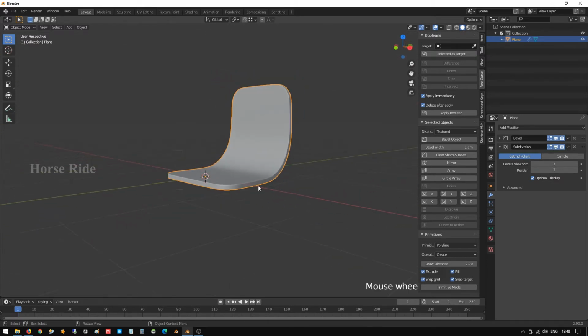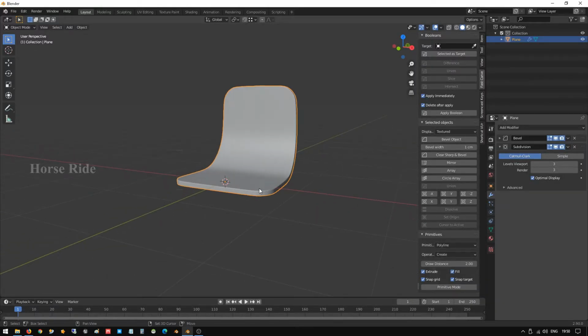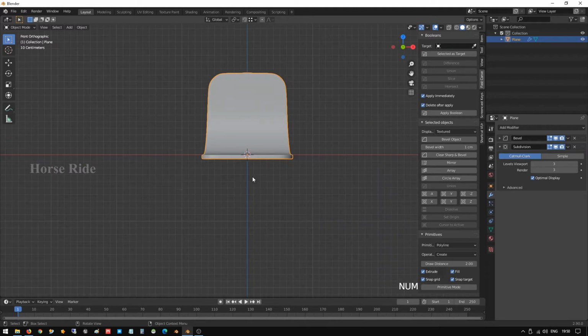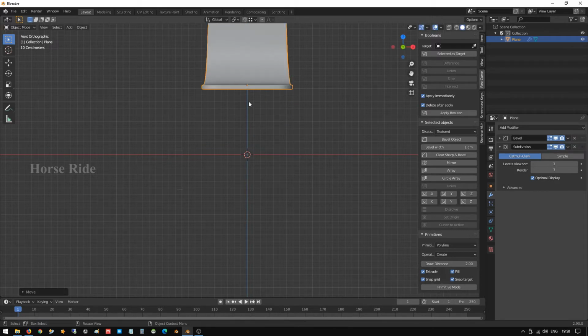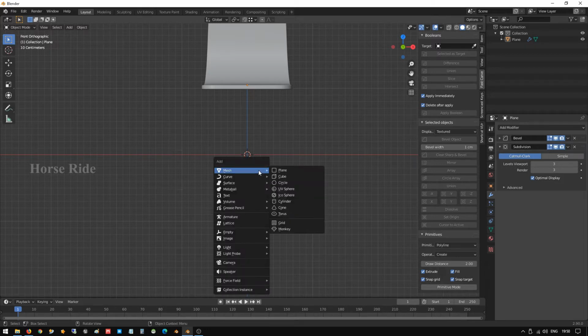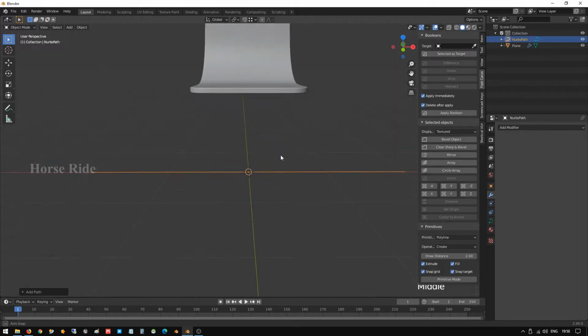Let me create the leg. Press 1 on the numeric keypad, press G Z to move the chair upwards. Okay, then press Shift A and create a curve in that path.